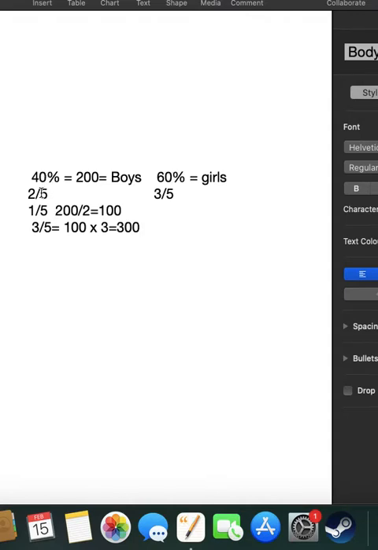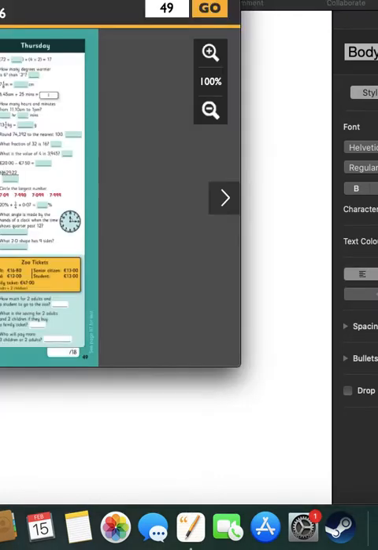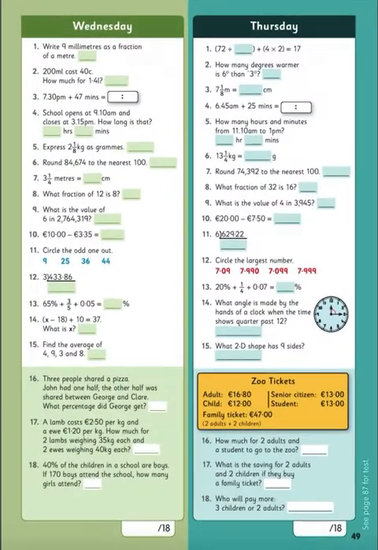Change them to fractions. 40% is 2/5, 60% is 3/5. Got it down to 1/5 because then you can work out everything from there. 1/5 meant I had to get rid of this 2, so I divided the 2 into the 200 boys to give 100 boys, and then to figure out the 3/5, which is the girls, I multiplied the 100 by 3. So that's a similar thing to what you have to do for